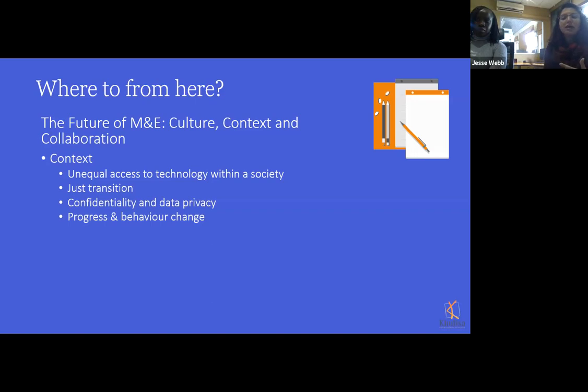And then the progress, the behavior change of the society and the people that you're collecting data from. When it comes to this context, I think it's something that we have to keep checking is the assumptions that we make and how outdated those assumptions are, because society is progressing, people are changing, people's interaction with other people is changing, the power dynamics between an interviewer and an interviewee is changing. And so we have to check our assumptions and judge these things as we go so that we're making sure that we're using appropriate tools, but not just tools, appropriate approach and methodology and interaction with the various people that